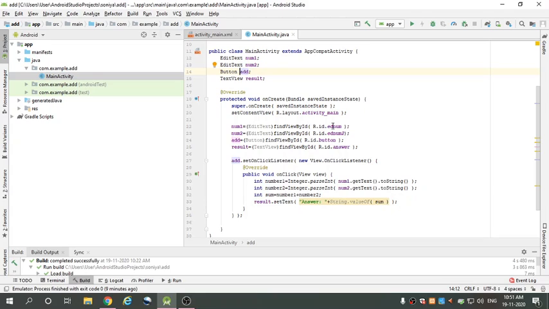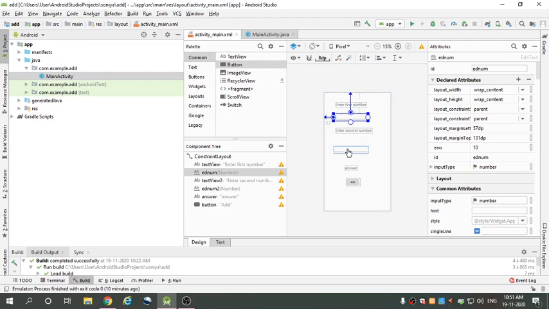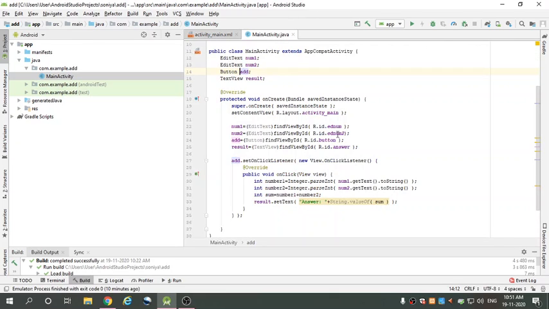In the same way we get the reference of num2. Here num2, the object of EditText, is equal to (EditText) findViewById(R.id.edNum2). In the design you see the ID edNum2, so I take edNum2.